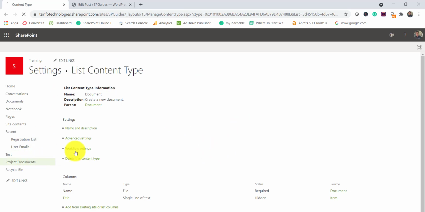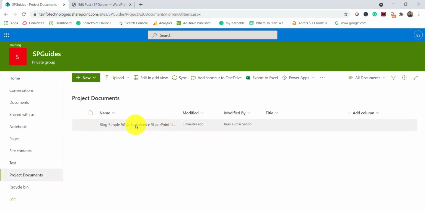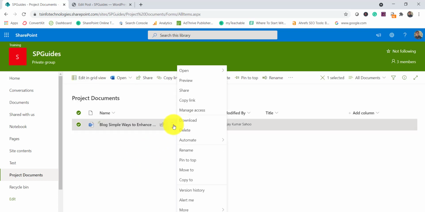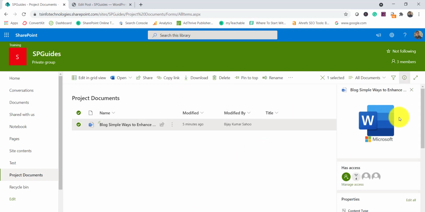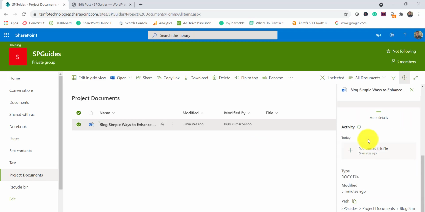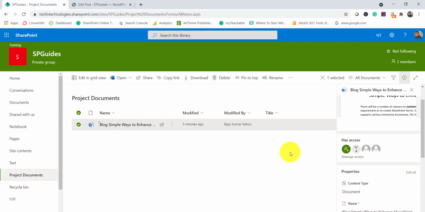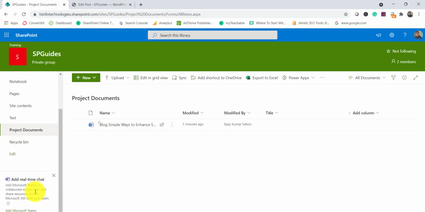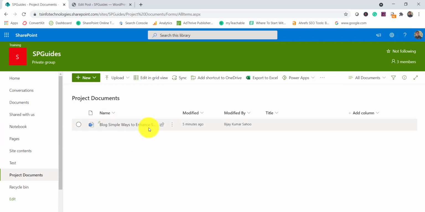Now if you go to the library here, if you want to edit something, so let's say I click over here, and I want to enable the properties here, so details. So you can see here, you will not be able to see the title here. You can see the name is there, you will not see the title in this case. Now if you look at a classic SharePoint library also, you will see that you will not see that option in the forms. Remember, we are talking about the forms. This is in the view.